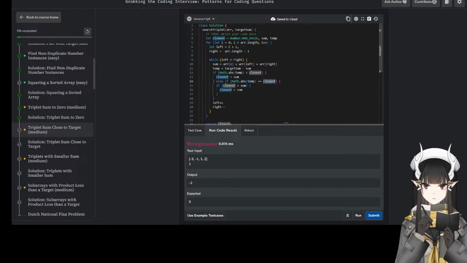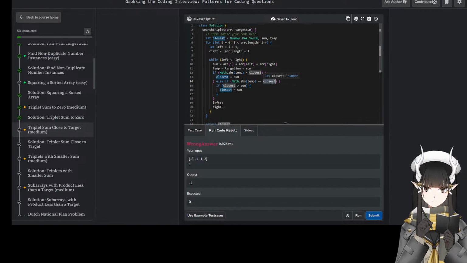If 10 is equal to closest, so we found 2 triplets that are closest to our target number. And if that's the case, we want a smaller sum.